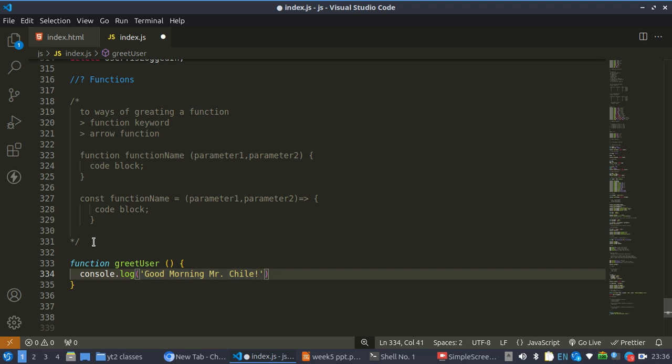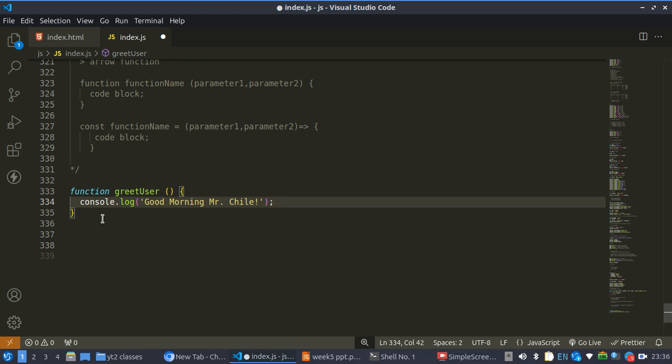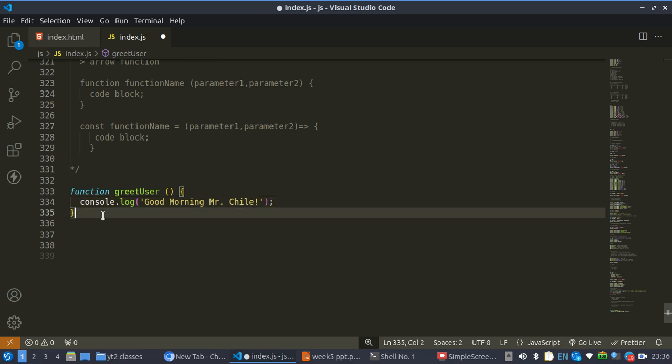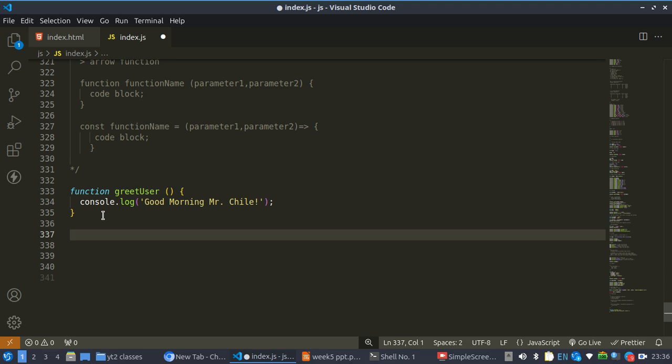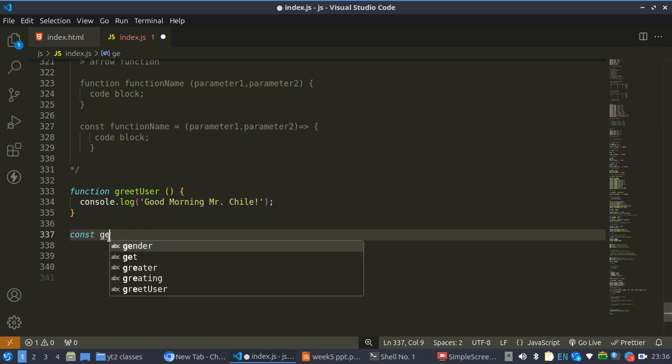So that is the function. Good morning Mr. Chile. So that creates the function. Now the same function, let's convert it to the arrow function method. So I'll say const greet user